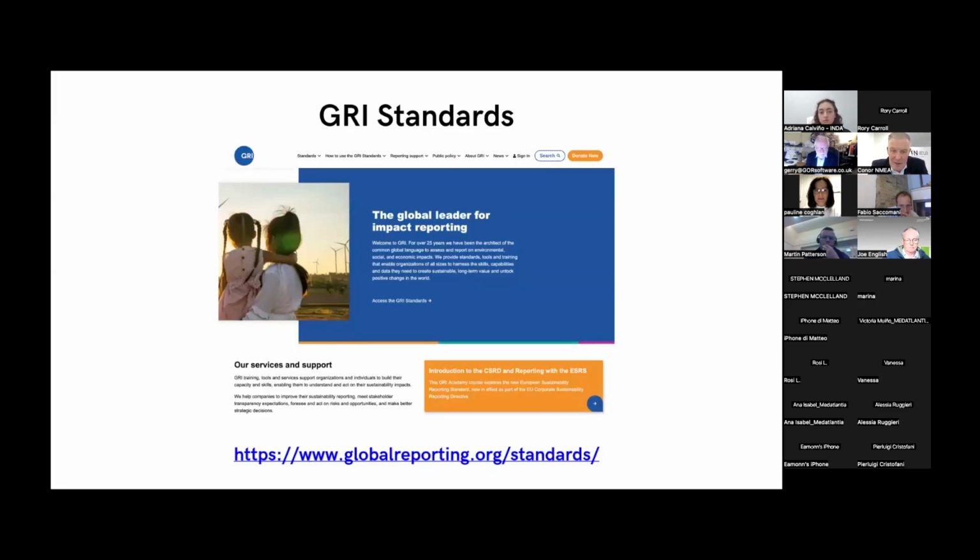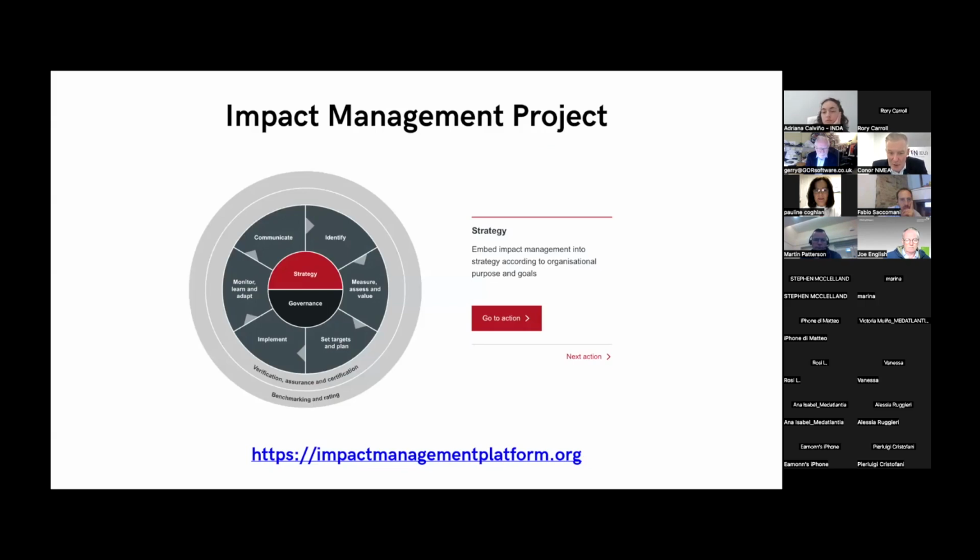The GRI standards tool, that's the address online for that tool. The impact management project can be accessed via the impact management platform.org website.